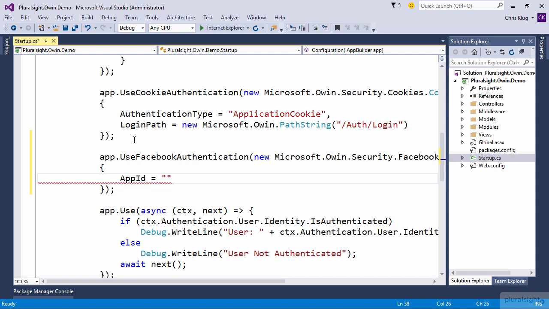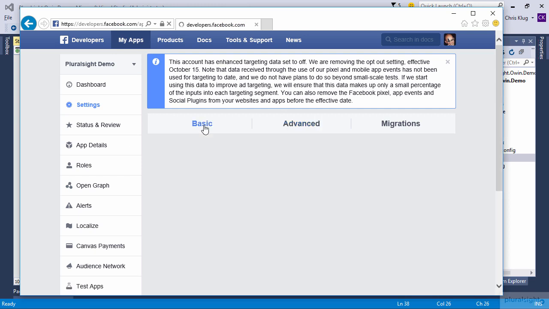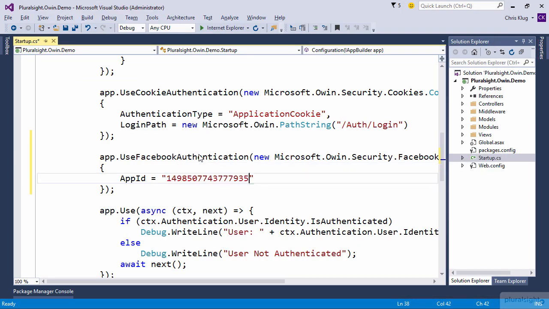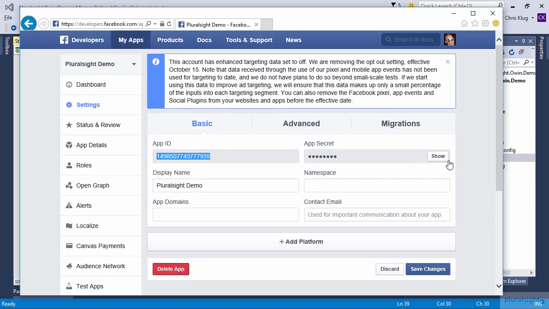We can find the value for this by heading over to the Facebook webpage and having a look at the Basics tab. In here you'll find the app ID, so I'm just going to copy that across to my app ID setting. The next thing we need to set is the app secret. This can also be found on the Facebook webpage. However, the app secret is secret, so it's actually hidden by default. So the first thing we need to do is press Show,